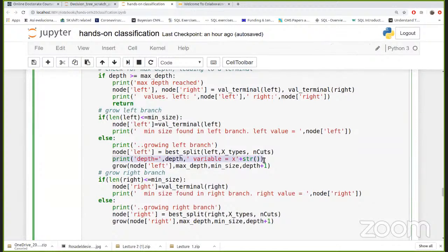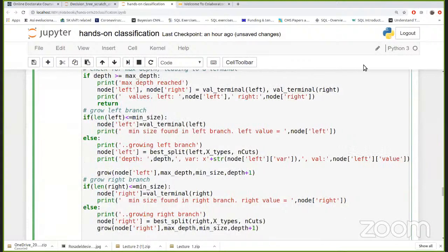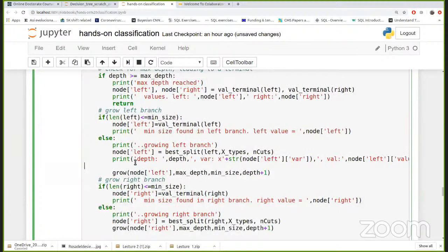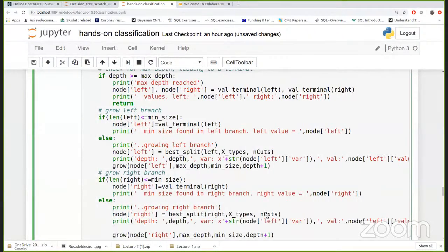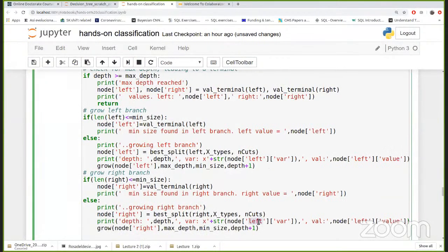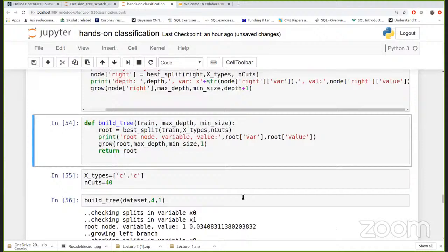Okay, this thing. So when growing the branches, I am showing the depth, the variable, and the value, and then I do exactly the same, and then I grow, and then I do exactly the same here before growing the right, but right, replace it by... so left replace it by right, sorry. Yeah, now let me just